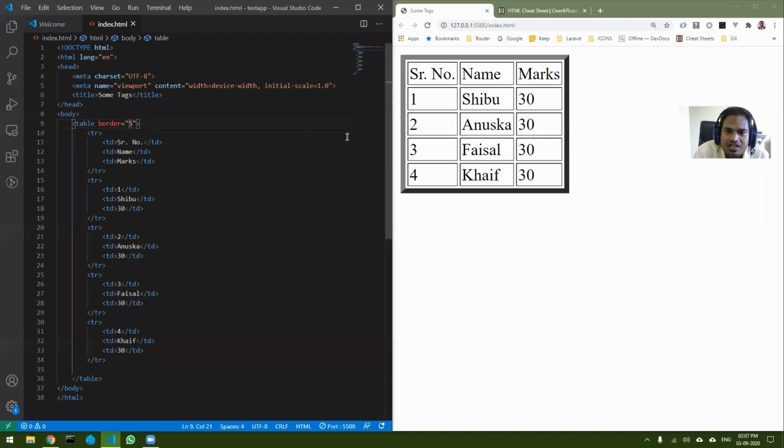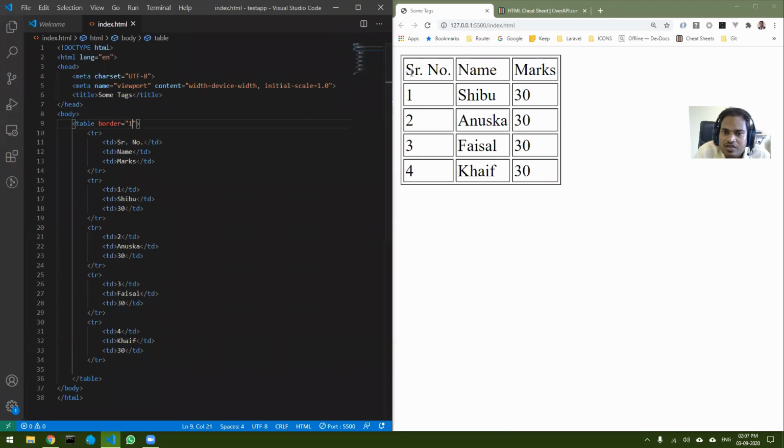This has nothing to do with the internal border of a cell. The cell border is controlled by the td, and the table border is controlled by the table tag. So that border changes only for the outer table. Let us switch to 1 pixel only.